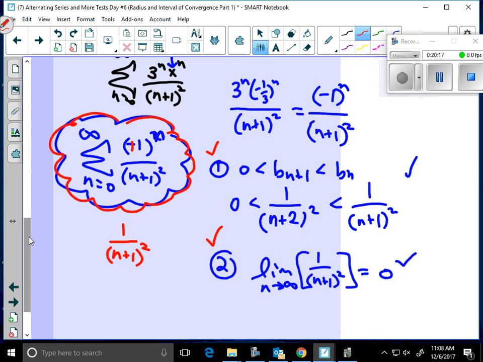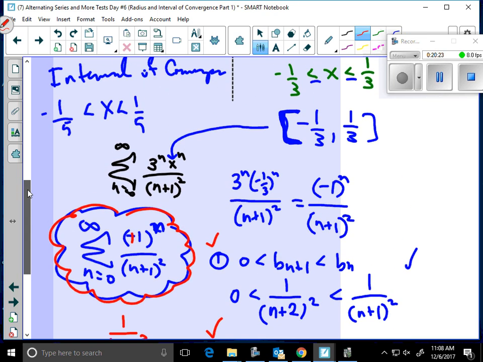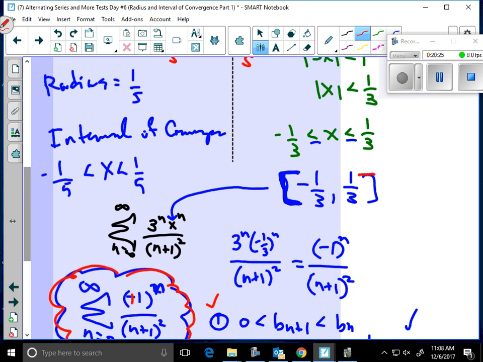I'm not going to go through the formal part. It would be exactly the same. B sub n is just now equal to the series itself. And so we can include both endpoints. So because we're convergent at the endpoints, we would also include them. Let's stop here and